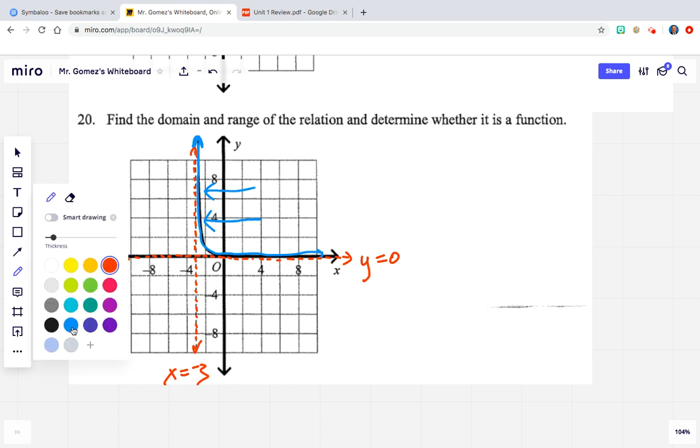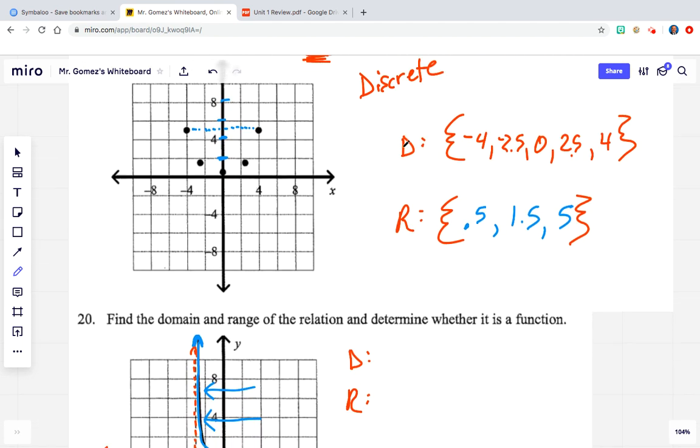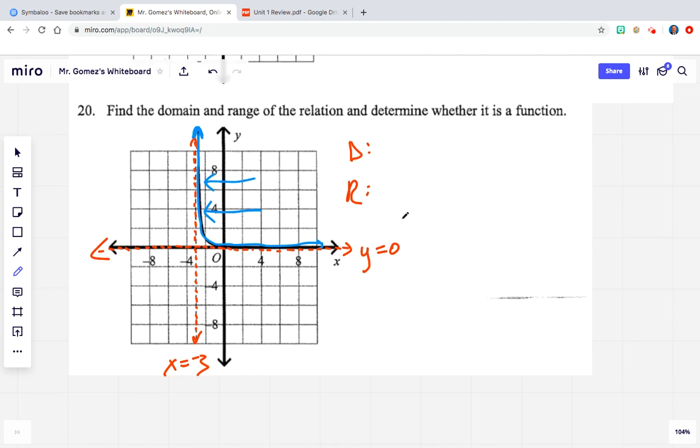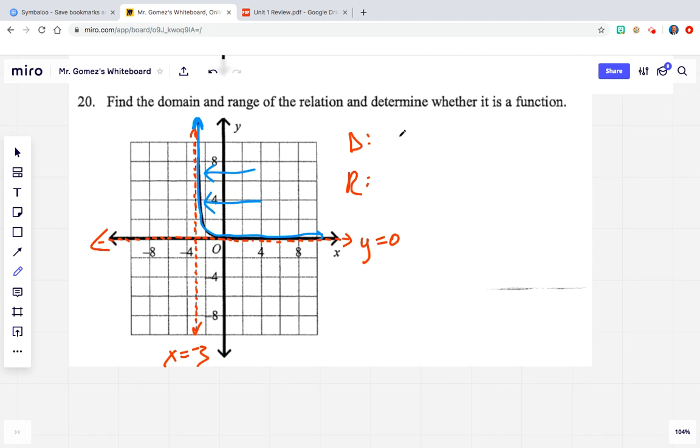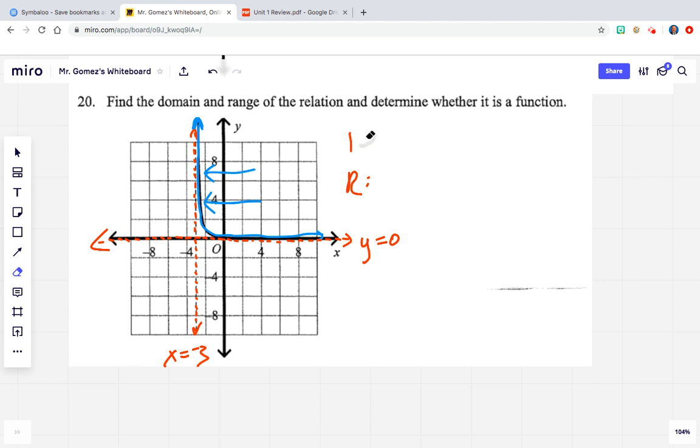So we're going to describe the domain and the range accordingly. Let's go ahead and start. This is not going to be in braces as number 19 was, because that was discrete, and this is not asking for set notation. Because it's not asking for a specific way, I'm going to use my default, which is